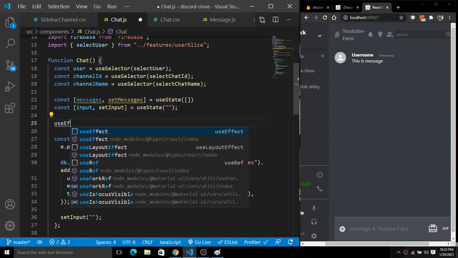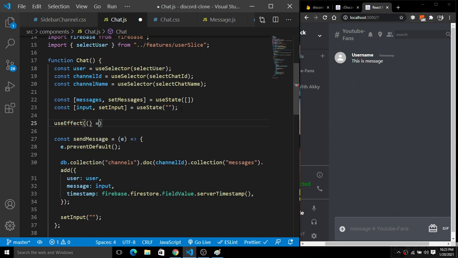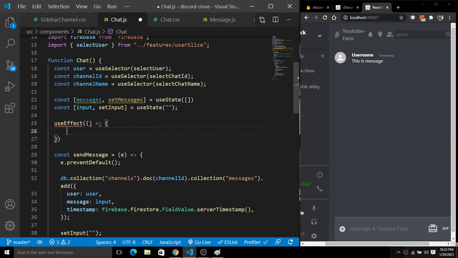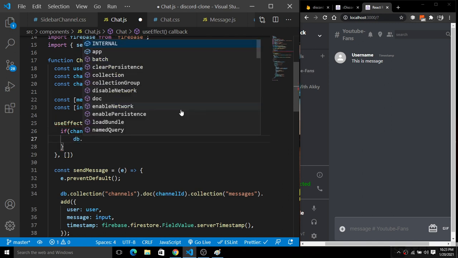So I'm going to simply use the useEffect functionality. useEffect will take a callback function here, and it will depend on the channel ID. For this respective channel we will have different messages for the different channel names. So if there is a channel ID, here I will simply fetch that information.